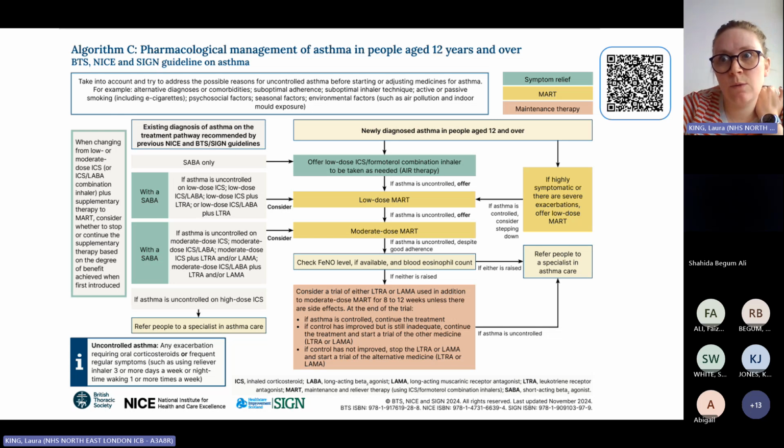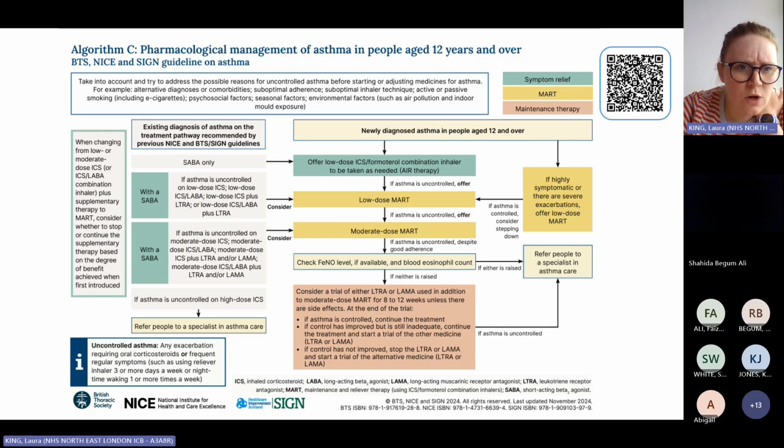And that is historically where, before the guidelines changed last time, you might have offered just a salbutamol inhaler because you're not sure. So again, you're keeping them safer because you're taking away the choice between the preventer and reliever. If they are having symptoms, we're treating it, we're nipping it in the bud with the inflammation. And then, as you can see, it goes down: offer low dose if it's uncontrolled. If it's still uncontrolled, we step up to moderate dose. And then it goes on. We don't need to read the whole slide.